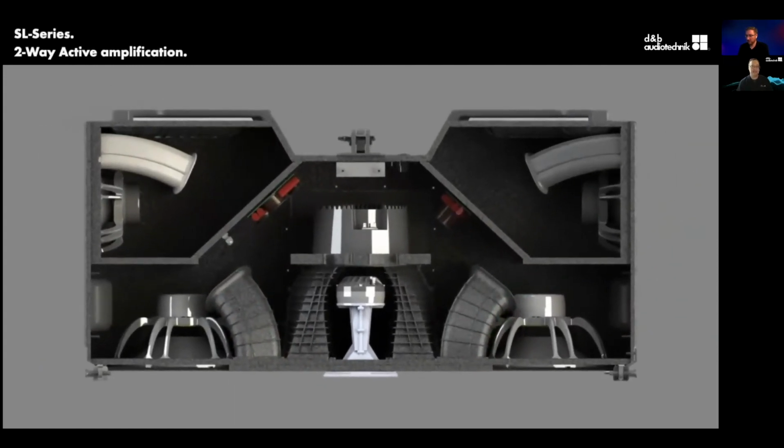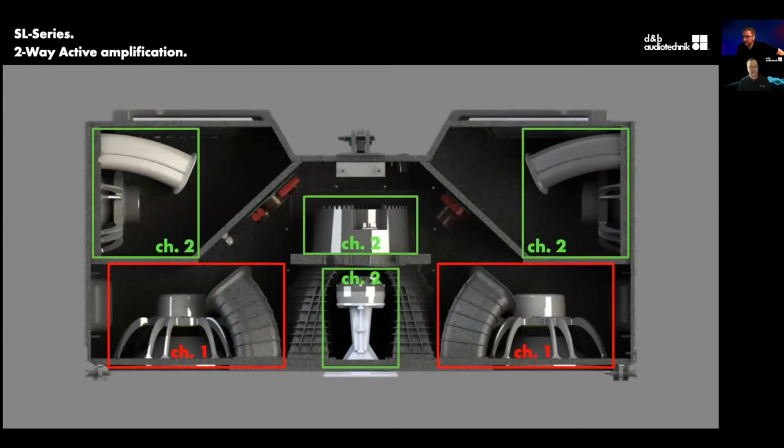So like the J series, this was a two-way active amplification. And what that means is that it needs 2 amp channels to make this happen. So channel 1, as you might guess, is using all of the available power of the 4-channel amplifier, in GSL in particular, the D80, to give that its power, the amount of voltage that it needs to really give us some amazing output there. And then everything else, the high, the mid, the side firing drivers, are on a through-way passive crossover on channel 2.